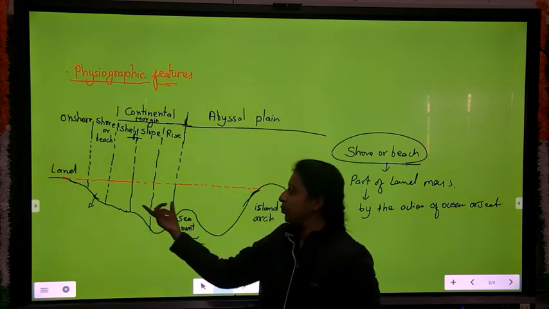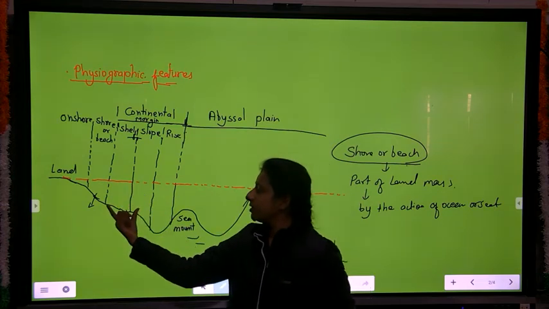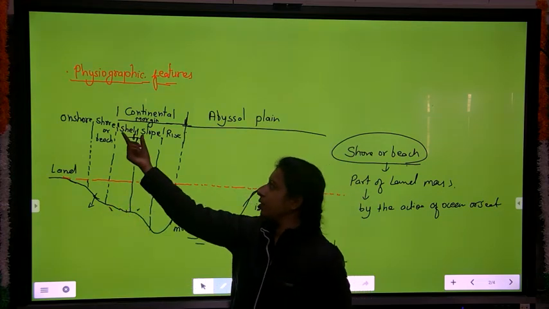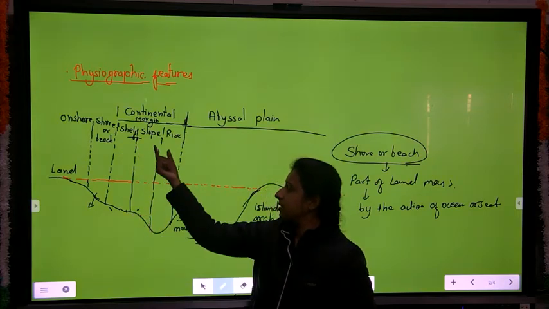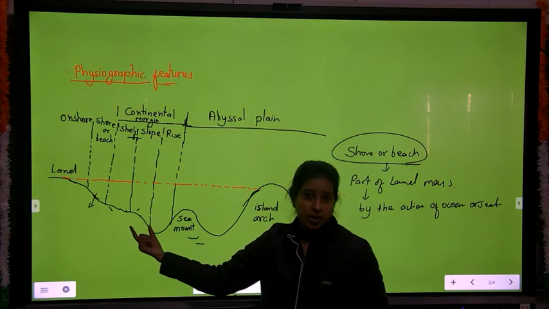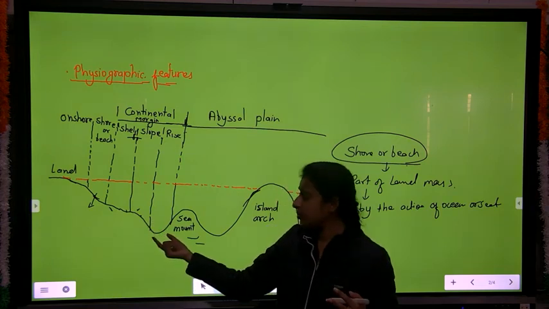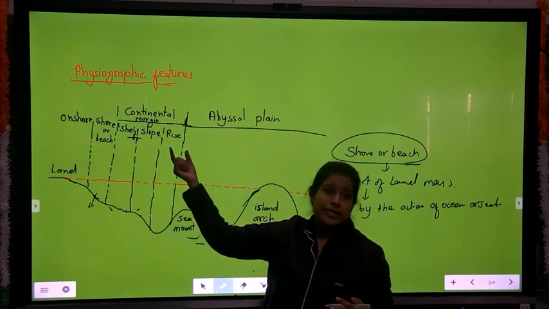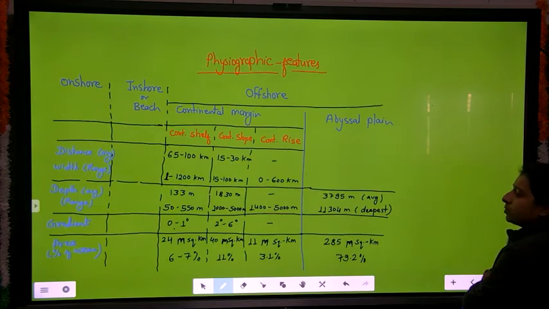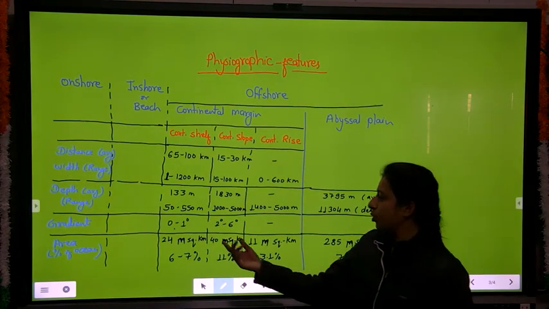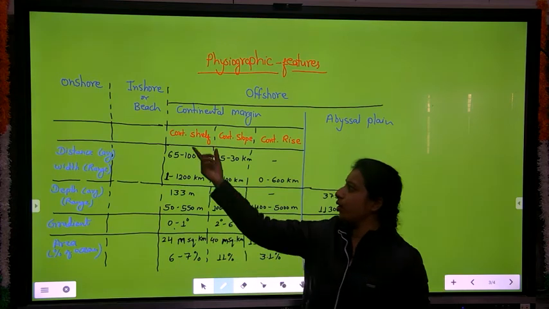As we move in this direction, the depth of water is increasing. The first area is here, we know it as continental shelf, and as its slope increases, this is known as continental slope. And when there is a valley type of structure, we call it continental rise. As you can see, the slope of the continental slope is more compared to the continental